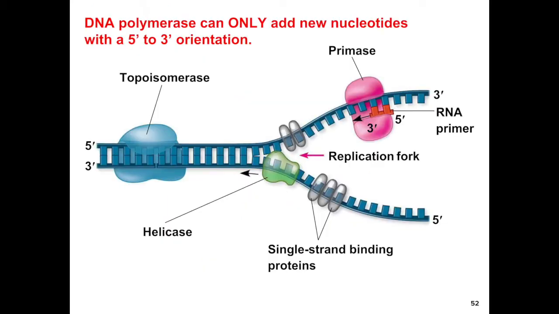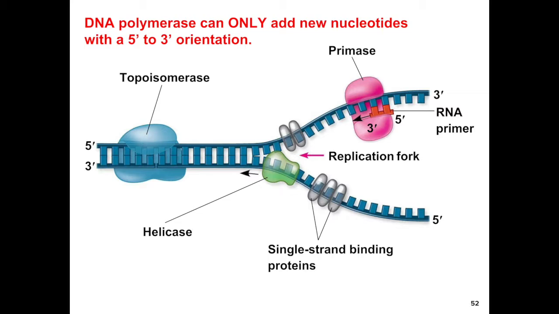All right, so like we said, DNA polymerase can only add new nucleotides in a 5' to 3' orientation. And before DNA polymerase can do that, there is an enzyme called DNA primase that needs to add a primer to the DNA template strand. The reason it does that is because that primer is needed for DNA polymerase to know where to begin. So DNA primase is going to search for a few letters in the DNA template,